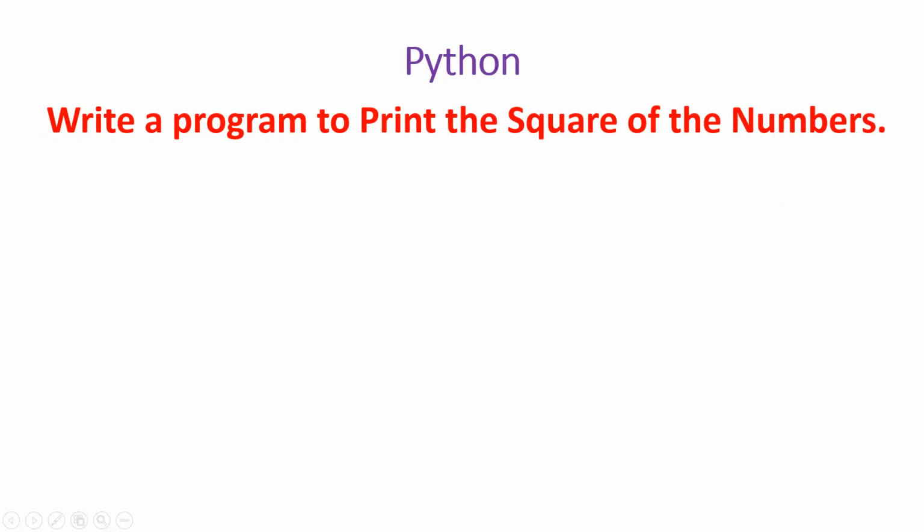Hello friends, we are going to write a Python program to print the square of the numbers in a list using for loop. I'm writing a for loop: for i in a list 1, 2, 3